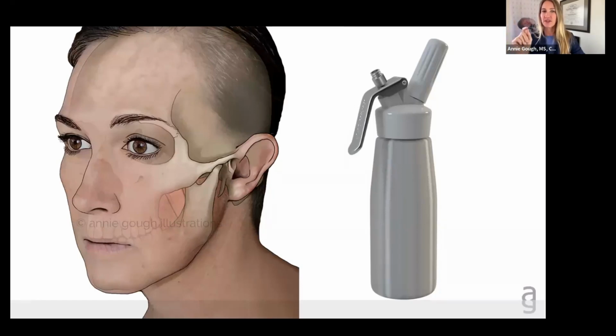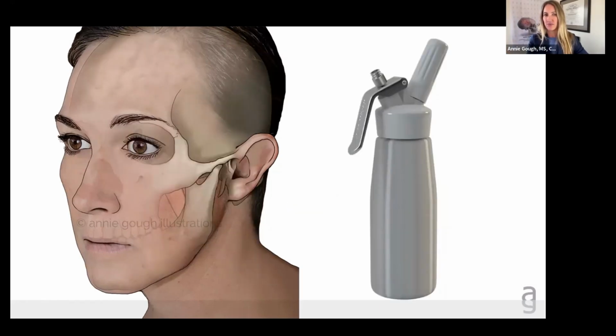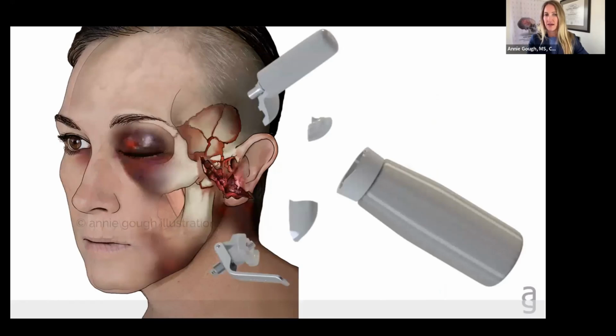But if you look at this and I click to the next slide, do you really need to spend the money to animate the canister exploding when all you really need are the 2 pieces? And then all of these pieces of the canister are exactly the pieces of the canister that we found at the scene